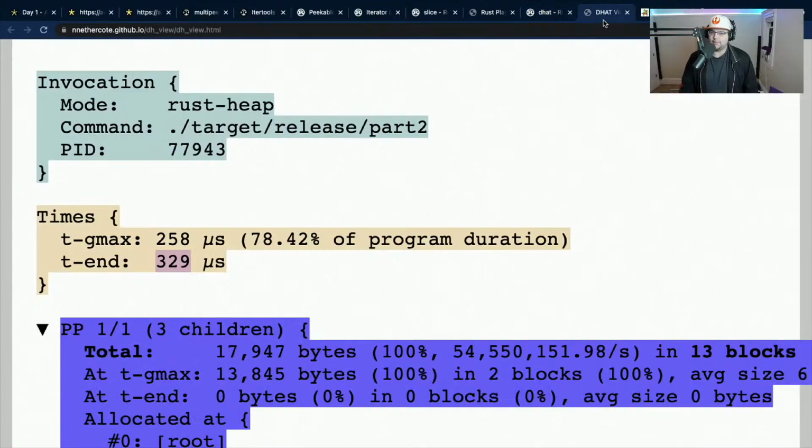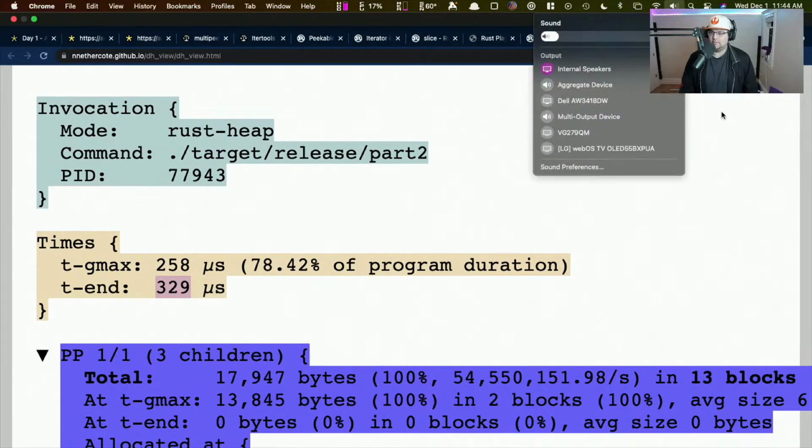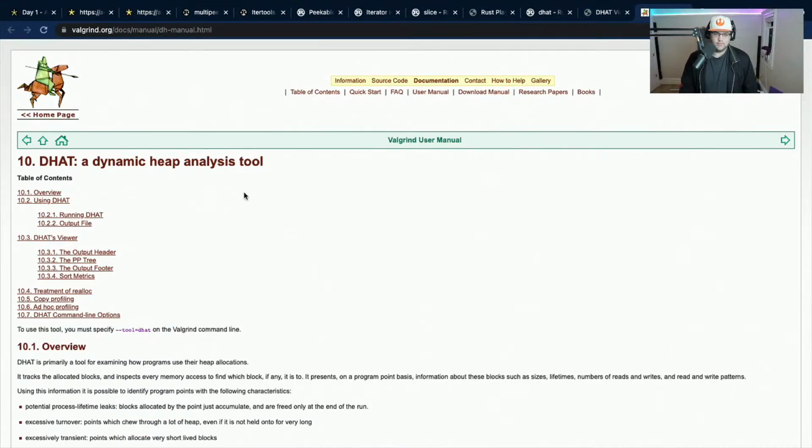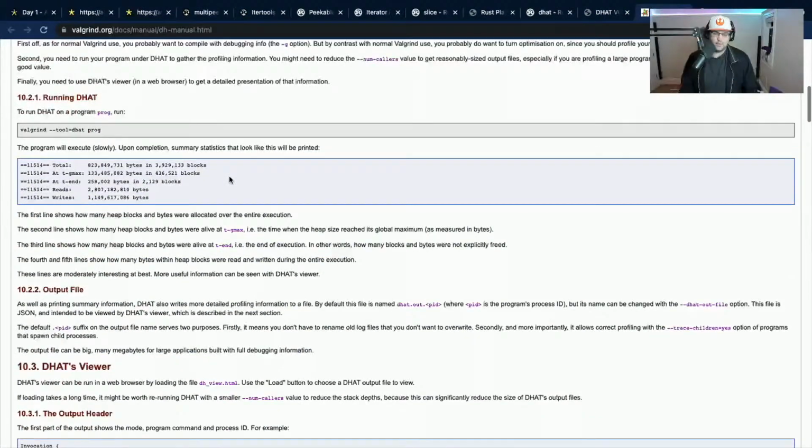Okay, so the dat documentation looks like something that I'm going to have to read offline. The second line shows how many heaps and blocks were alive at Tgmax, i.e., the time when the heap size reached its global maximum.